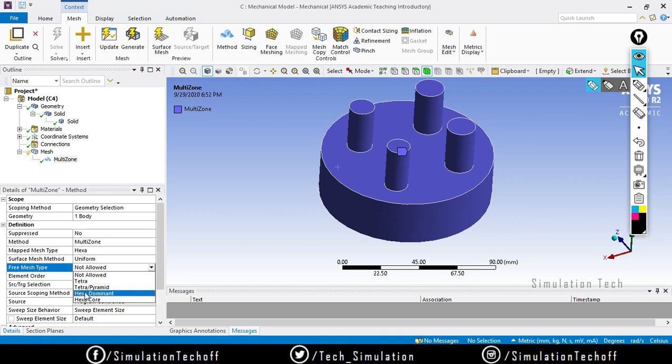So likewise, if you are using a hex core, it will create a high quality of hex element in a particular order. If you are using a hex dominant, it only creates hex elements, but not in a certain pattern. Okay, so first I will use a hex dominant,